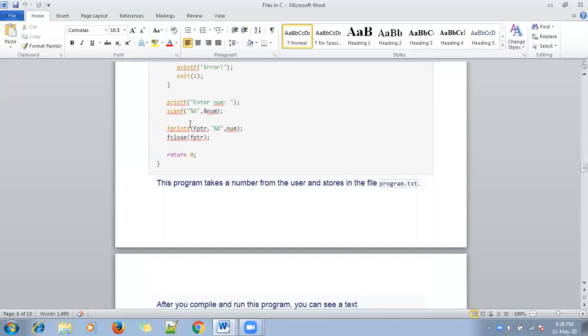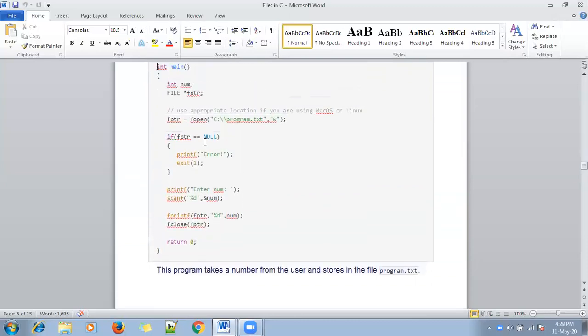By using fprintf. In the brackets, you need to mention which file you want to write the data to, that is fptr. This is the pointer which we declared earlier. And %ld is the format specifier for an integer, comma, number, the number which was read by scanf. So this number is written into the file by using fprintf. This is the advantage with fprintf. Finally, I am closing the file by using fclose. Are you clear?